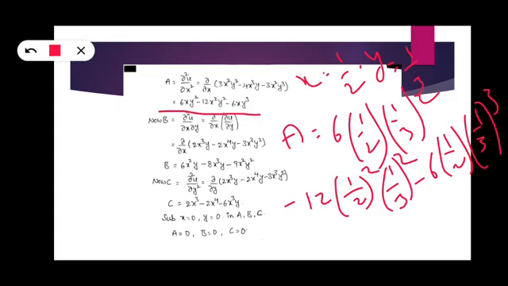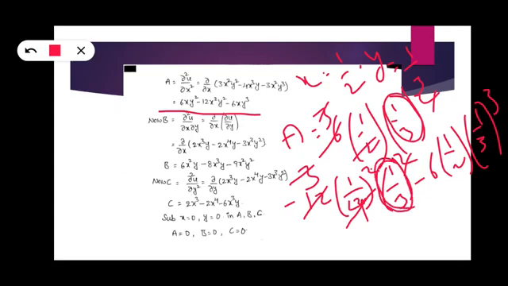This is about a. Here the 2 and 2 cancel, and the 3s cancel. Here we have a square, so a single 3 cancels. So we get only 1 by 3 in the first term. In the second term, 2 square is 4, so we cancel 4 with 12, leaving 3. Here we have a square, so one 3 cancels, and we get only 1 by 3 in the second term.